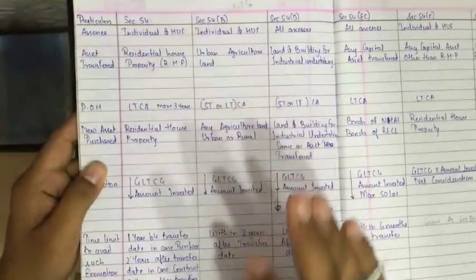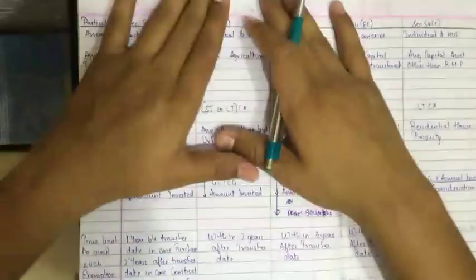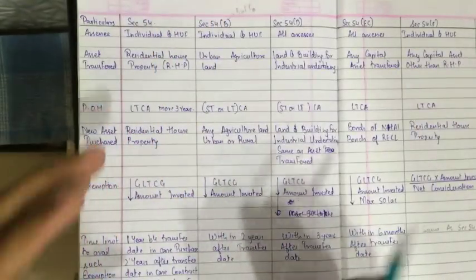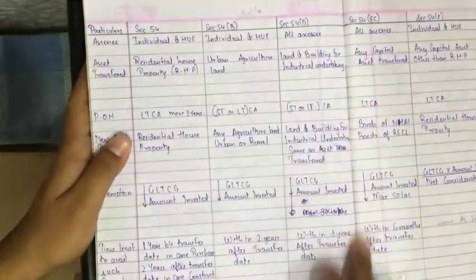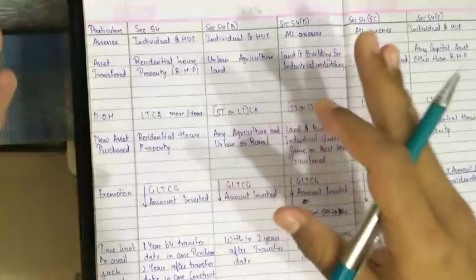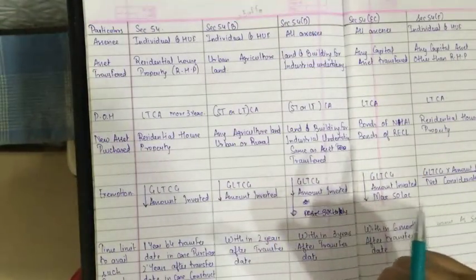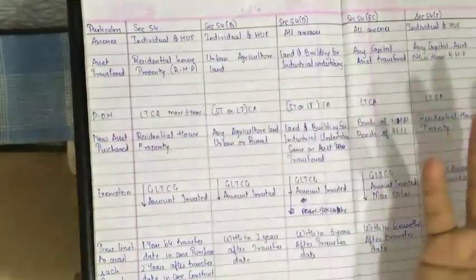I hope you are not copying the table in advance and just listening. Please copy one by one. Don't just copy it down at once. It won't have an effect. I tell you, you have to read this entire table and it will be memorized easily. At the end of the lecture, I'll do a whole revision of all these 6 sections. So don't worry. Section 54B, what does it say?